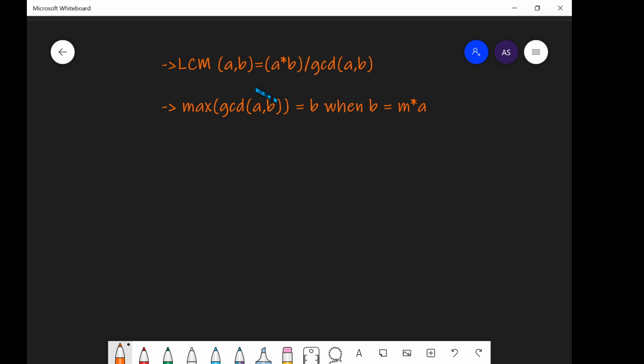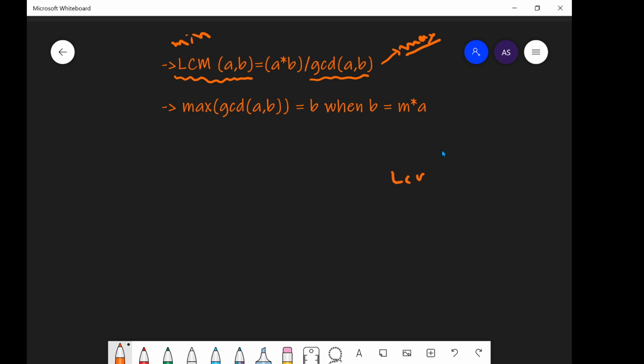So basically, first let's discuss what an LCM is. LCM is just the product of two numbers divided by the GCD. The product would contain all the factors of A and B, and the GCD would cancel the duplicate factors so that they come only once. Our task in this question is to minimize the LCM. Since LCM is equal to A times B by GCD of A comma B, to minimize this we have to maximize the denominator.